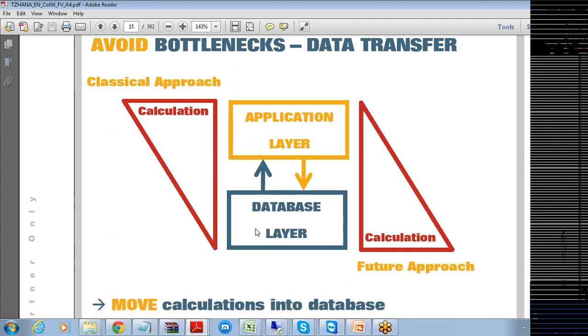Is that clear, right? What is the difference between your traditional approach and the future approach that we are planning here? With HANA, no processing is done in the application layer, and the application layer is supposed to give your data as it is, the moment it has been retrieved from your database. But in the traditional case, the application layer takes a different route altogether.